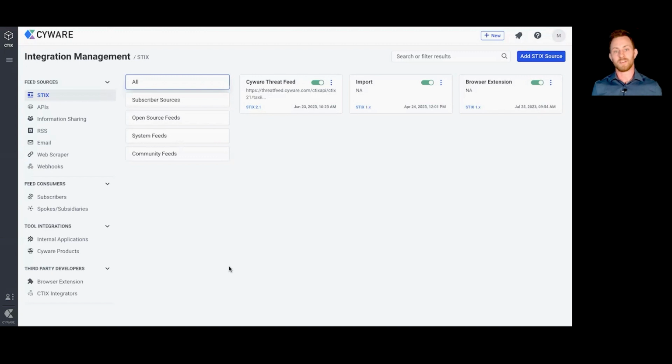There's no custom configurations required. We will do that all for you on the back end. And in addition to that, that's also how our underlying database is completely set up, right? So all of that data, all of that intelligence, and all of the relationships between that intelligence are all managed